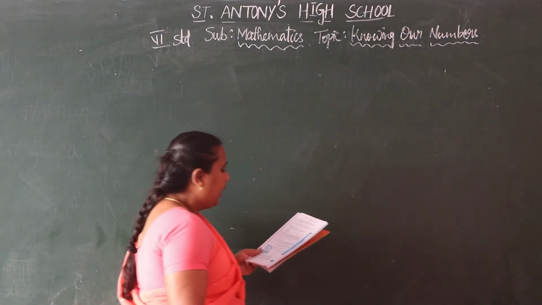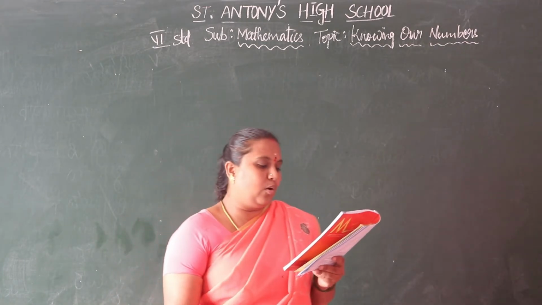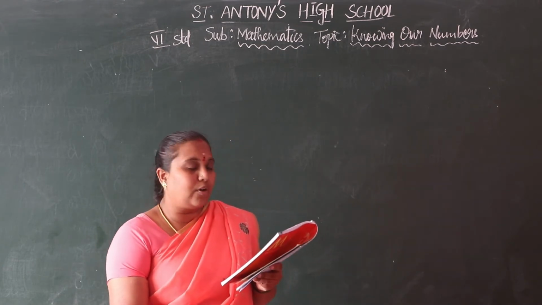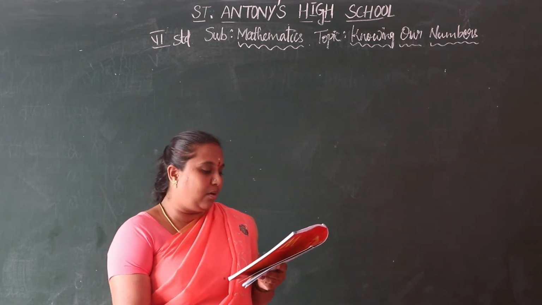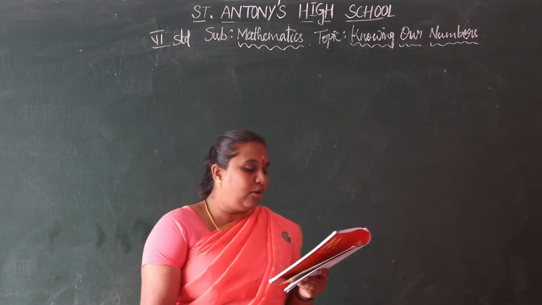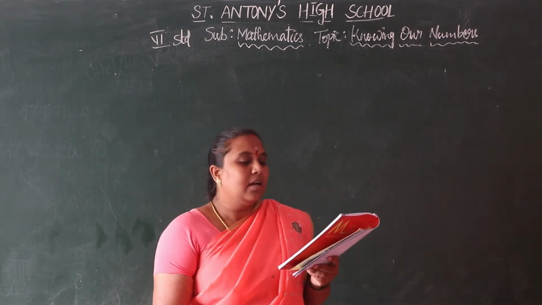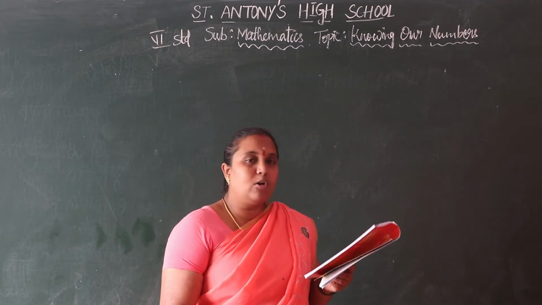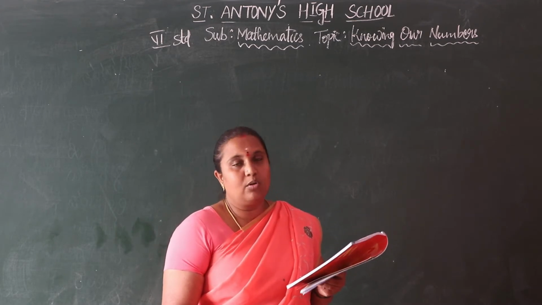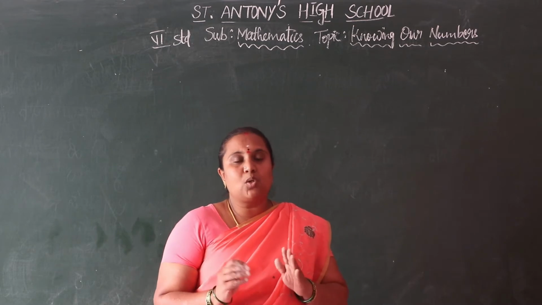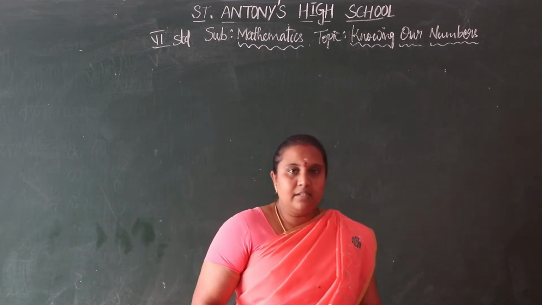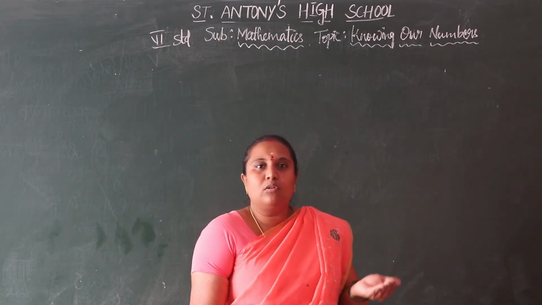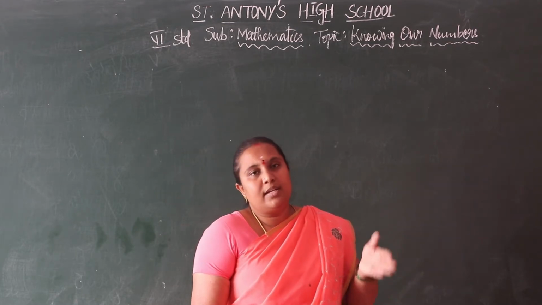So example 2: in one state the number of bicycles sold in the year 2002 and 2003 was 7,43,000. In the year 2003 and 2004 the number of bicycles sold was 8,100,000. In which year were more bicycles sold and how many more? It is given that the bicycles were sold in a state. Two years are given, and we want to find in which year the bicycles are sold more and in which year less.